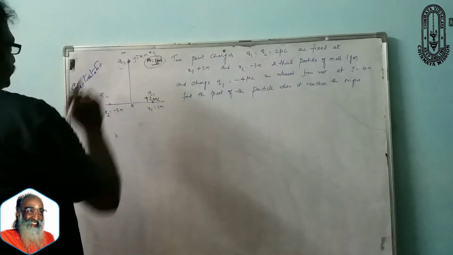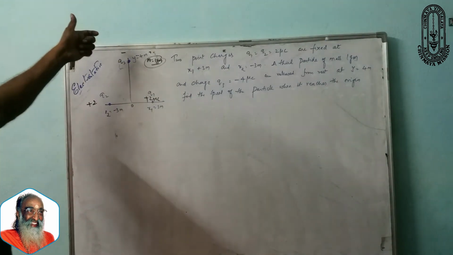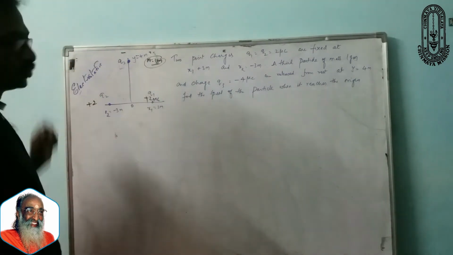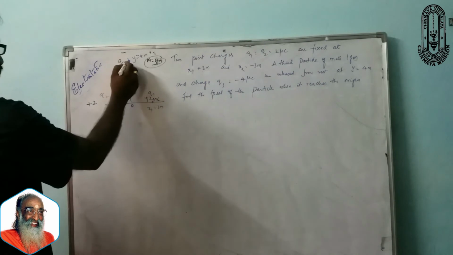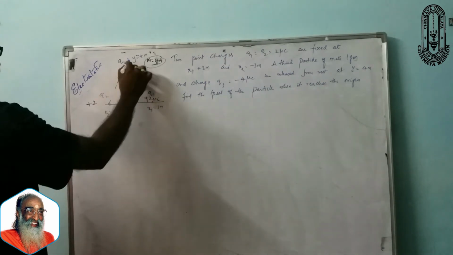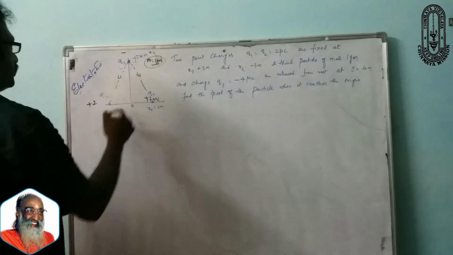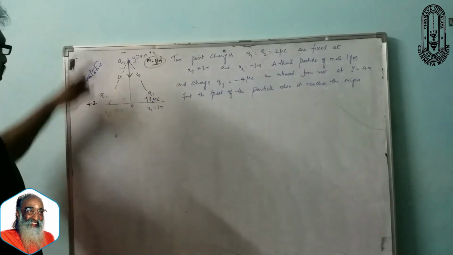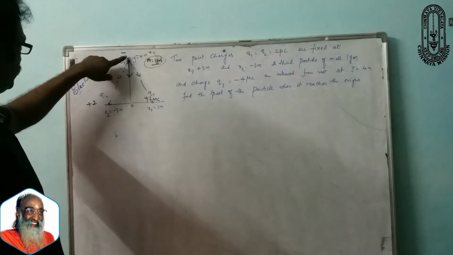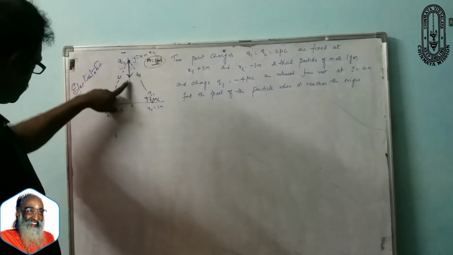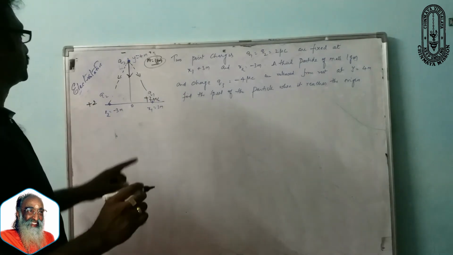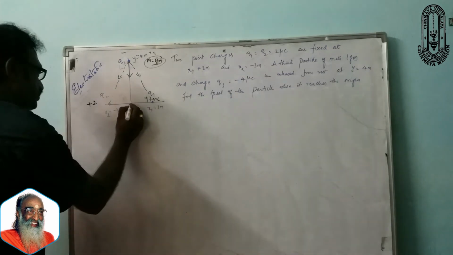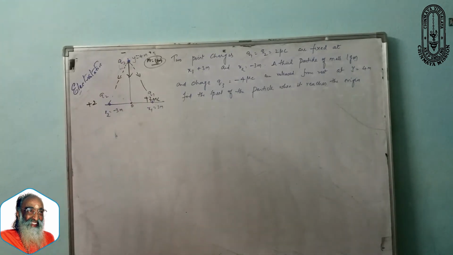So now this will be under the force of attraction by this Q1 and Q2, isn't it? That means this will be the direction of the force and this will be the direction of the force, and now the net force will be acting in this direction. So when it is released at rest from here, it will just move in this path. The question is, we have to find the speed of the particle when it reaches the origin. At this place, we want to find the particle velocity.